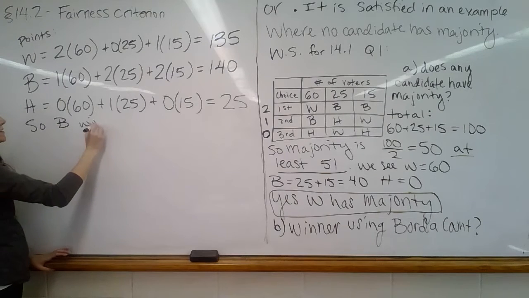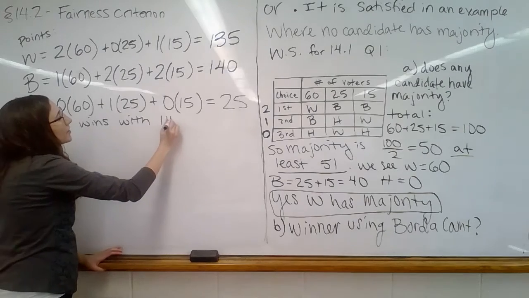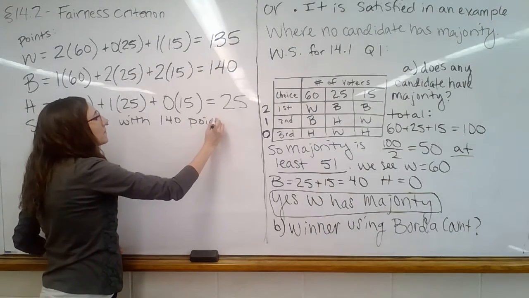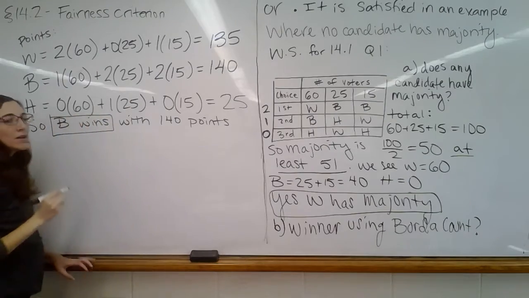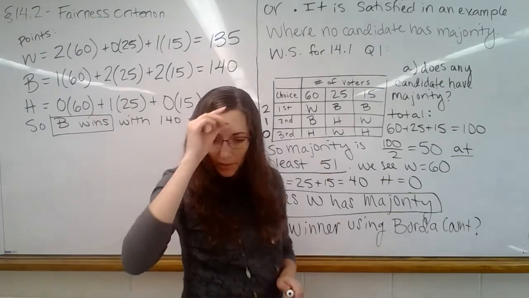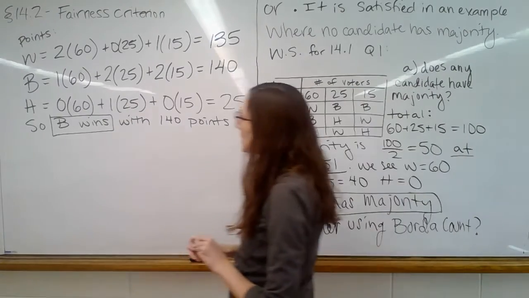So B wins with 140 points. So when we do the Borda count method, B wins. Our next question, part C,